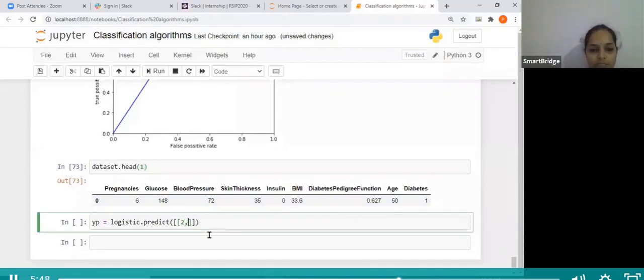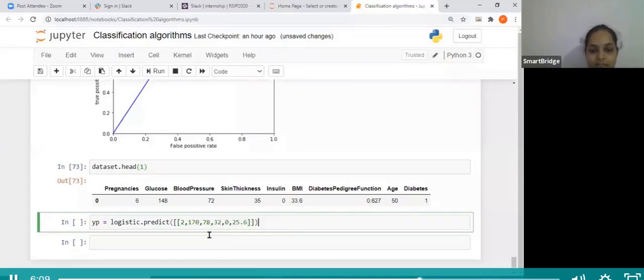So for that, I'm just sending. She has 2 pregnancies and she's maintaining 170 units of glucose, and her blood pressure is like 78 or so. Thickness of her skin is 32. Insulin, she takes 0 units, and the body mass index that she has is 25.6.